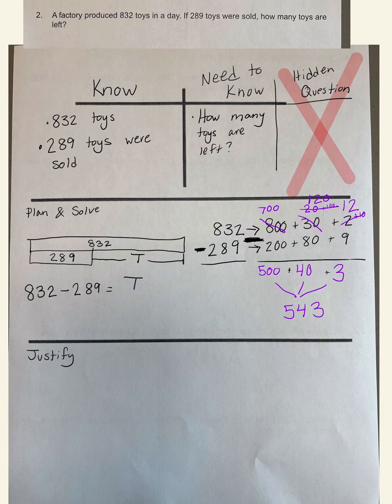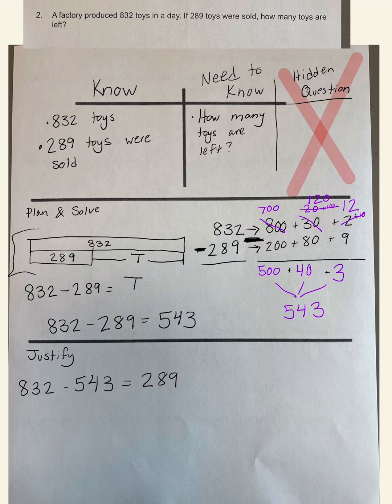because we solved it and we saw that 832 minus 289 equals 543. Well, if this was true, then that would also mean 832 minus 543 would equal 289. I could also do it a different way and bring in addition, because as we saw up here in this section, this part, my 289, and this part, my T, which we now know was 543, if those were combined together, it should equal this